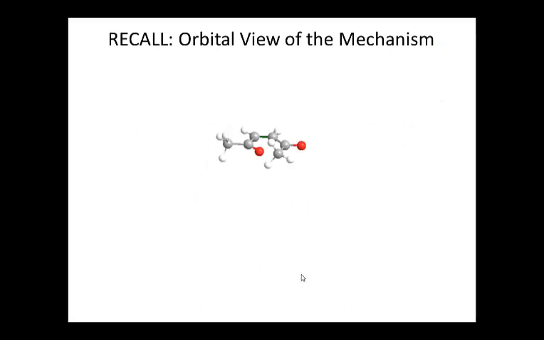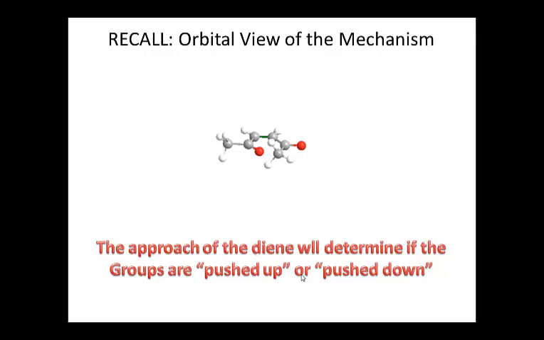Alright, so how do we know, let's say for instance if the double bond is cis, how do we know if the substituents get pushed up or wedged, or get pushed down, meaning they'll be dashed? Alright, so the answer to that is to understand how the diene approaches the dienophile. So if the diene approaches the dienophile from the top,